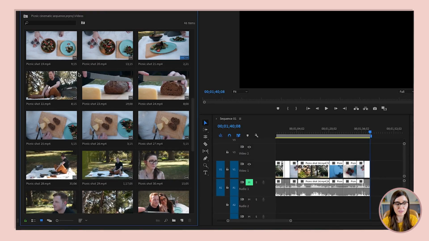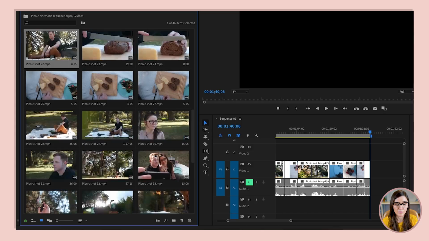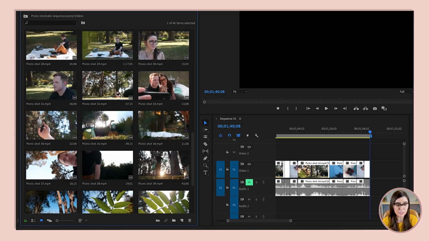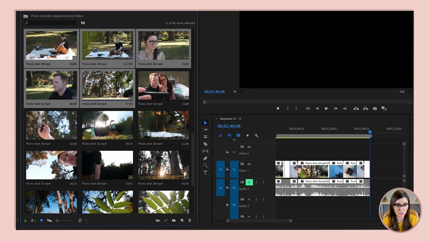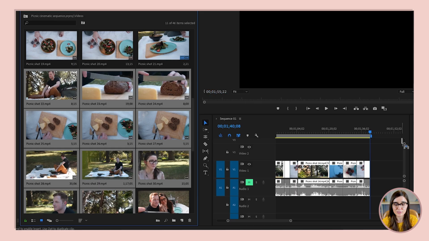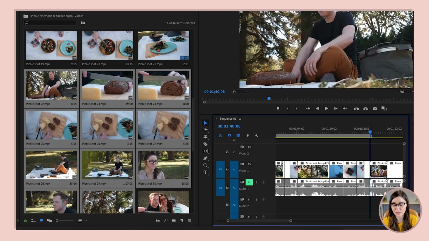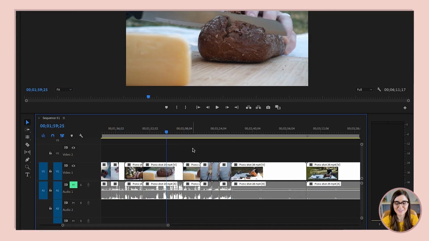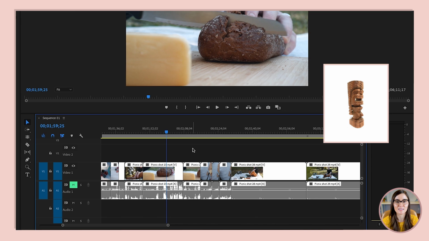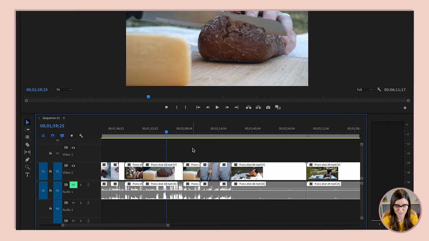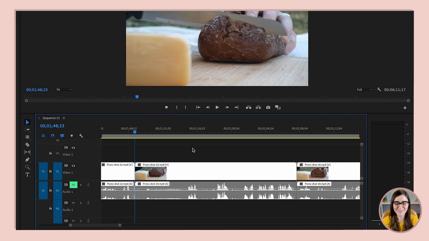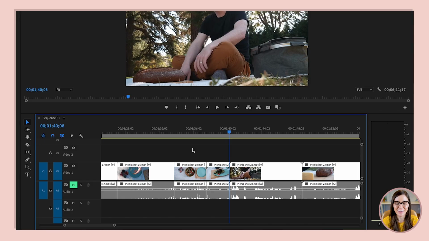And now we're gonna select the next shot, shot 22, and we're gonna go all the way down to shot 32. We're gonna shift click to select all of those clips. And then we're just gonna drag all of them over to the timeline. And now I'm gonna zoom in using the key that has a T on it. And we're gonna press our up arrow to go to the beginning of that last shot we added, which was